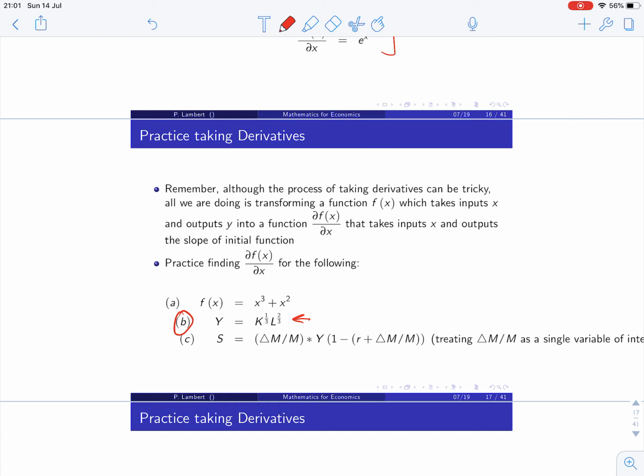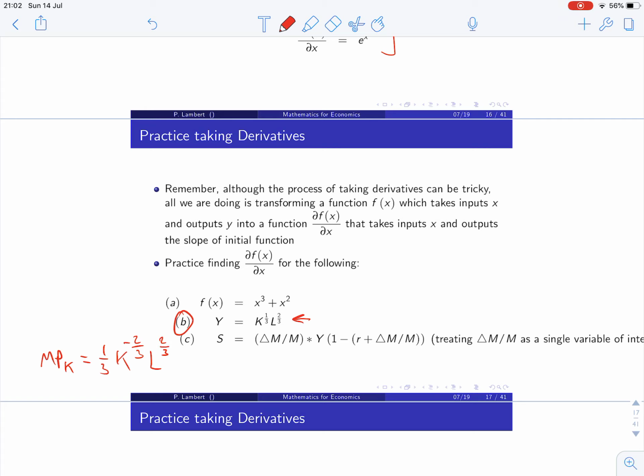If we want the marginal product with respect to capital, we have to derive this thing with respect to k. So we let the L be fixed and we focus in on the k. The derivative here, if k is to the power of 1 over 3, we take 1 over 3 at the front. We subtract 1 from a third, which is going to be negative 2/3, and it's all just multiplied by